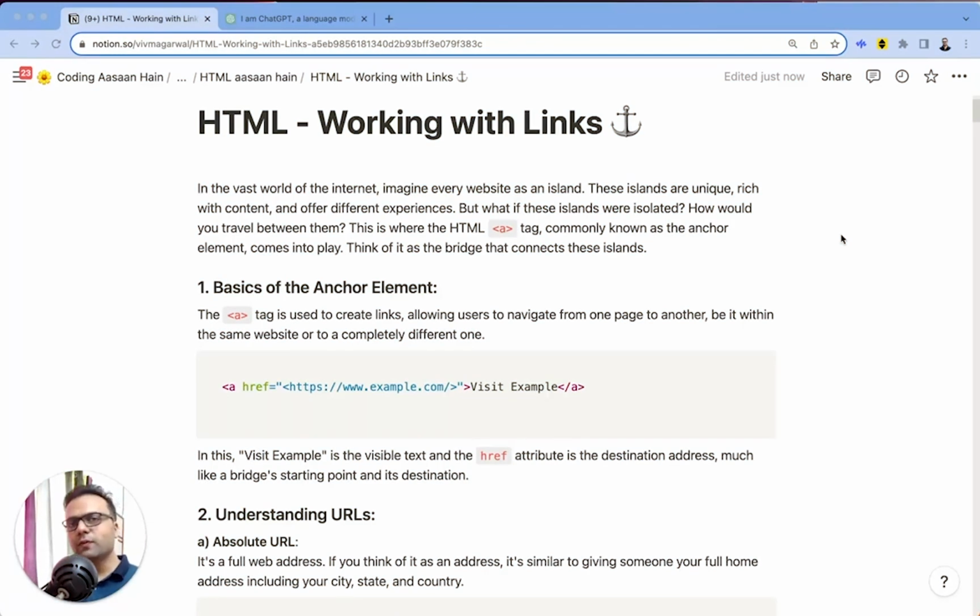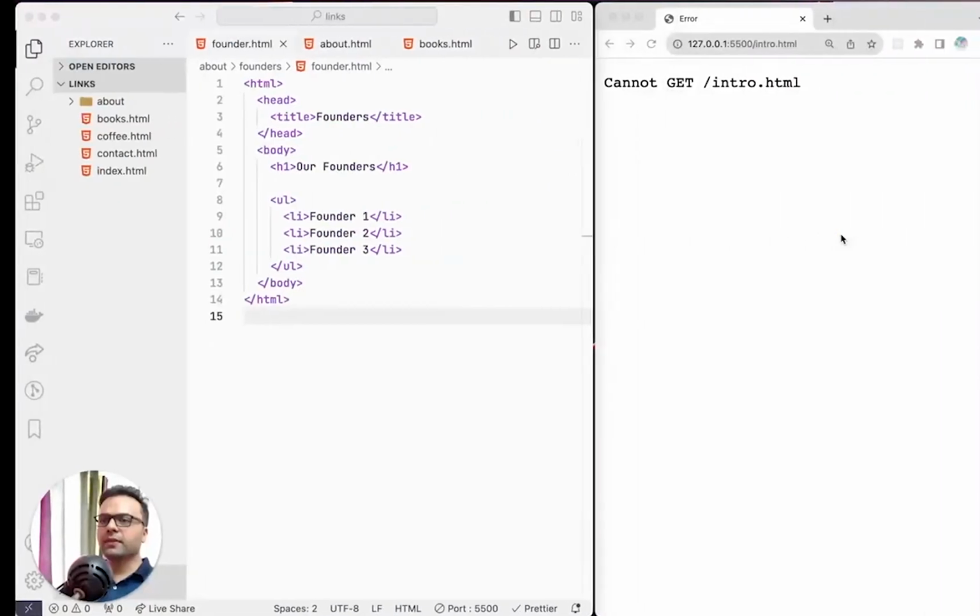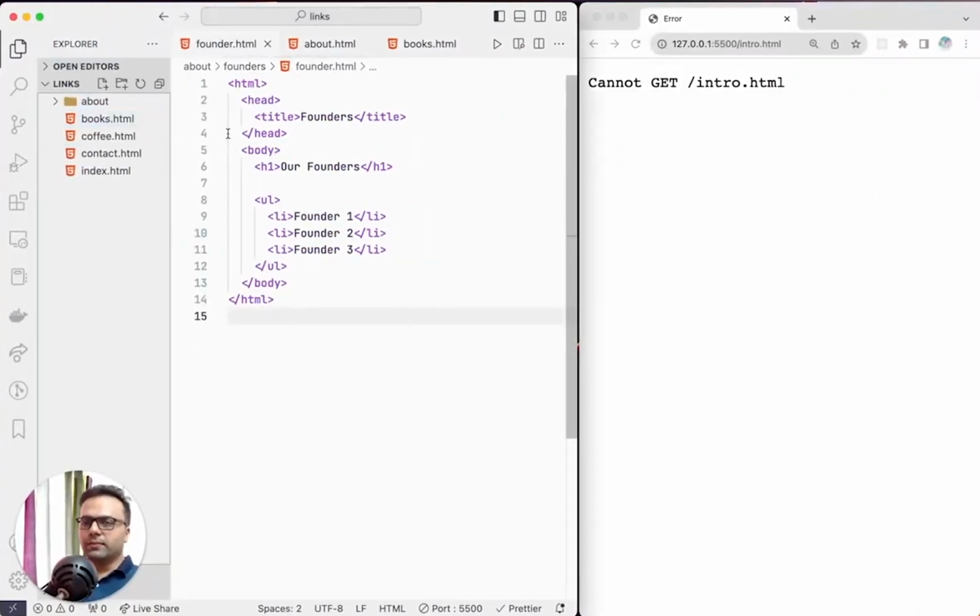Friends, the internet won't be called an interconnected net without hyperlinks. So there are lots of individual pages, and the thing that links them together are hyperlinks. So let's learn about them. For example, I have created a small application for all of you. So we have